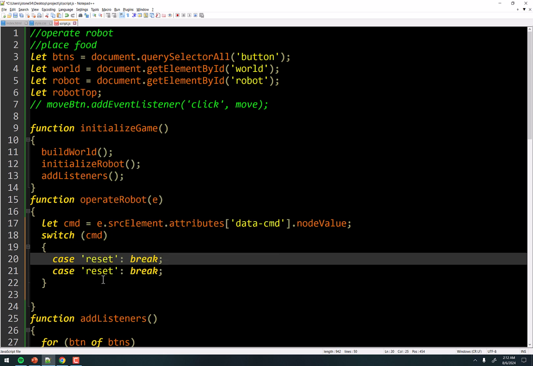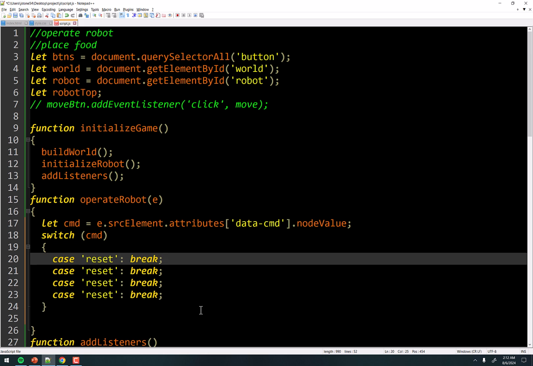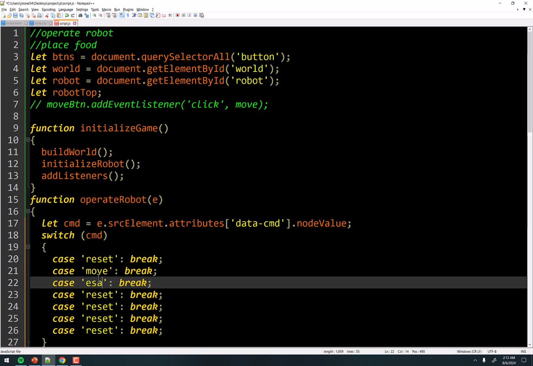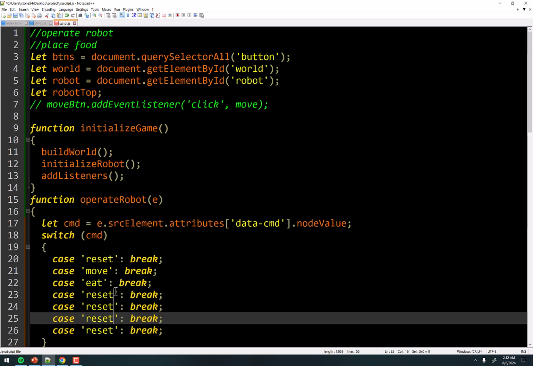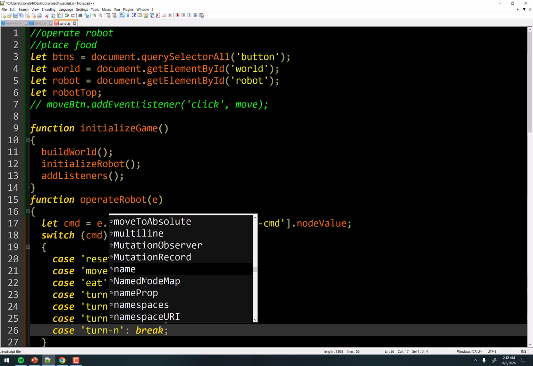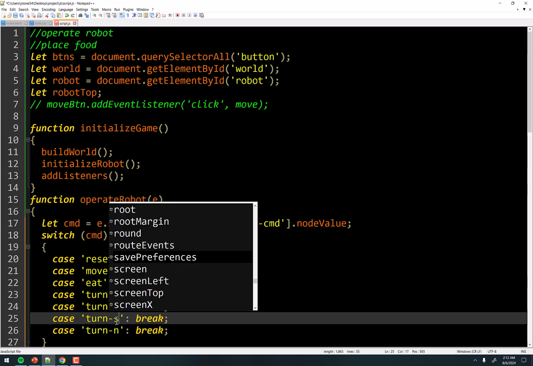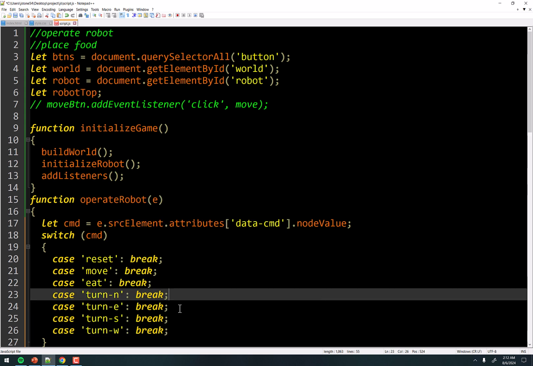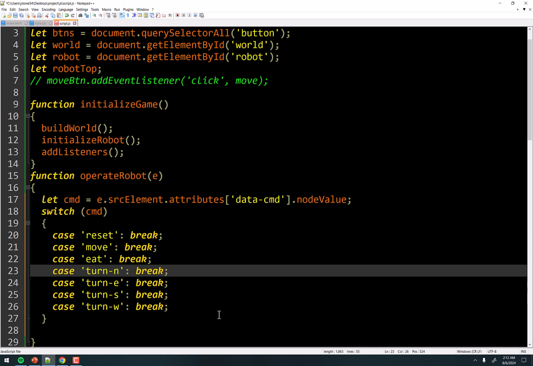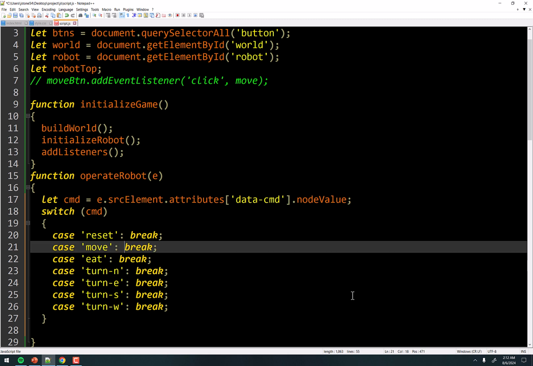And then that's going to be move, that's going to be eat, that's going to be turn north, south, west, east. So we just go case move, case eat, and these we can do kind of all at once. Turn north, or east, or south, or west. Okay, so now we have this really simple case statement here. And for the moment, what I can do is just simply console out what happened, or I can call a function, or I can do whatever. Let's start by calling the move function for move, because that's already something we've built, right?